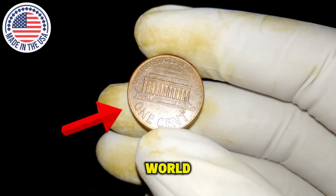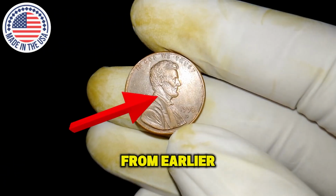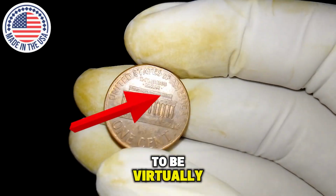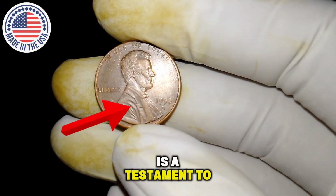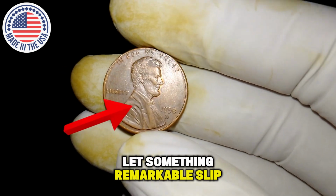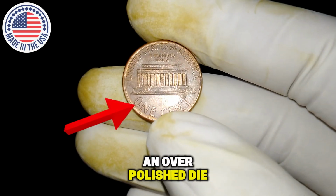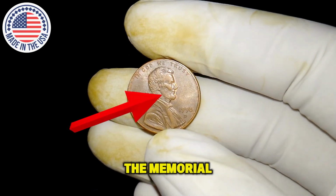But even within that world, the 1998 era penny stands out, because while error coins from earlier eras are expected to be rare due to less sophisticated quality control, modern minting is supposed to be virtually immune to such flaws. And the fact that this coin exists is a testament to how even the most advanced systems can occasionally let something remarkable slip through, and there are theories as to how such a coin came to be, from the possibility of an overpolished die creating faint or missing details in Lincoln's hair or the steps of the memorial, to a